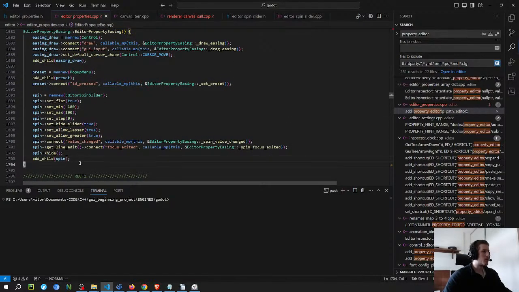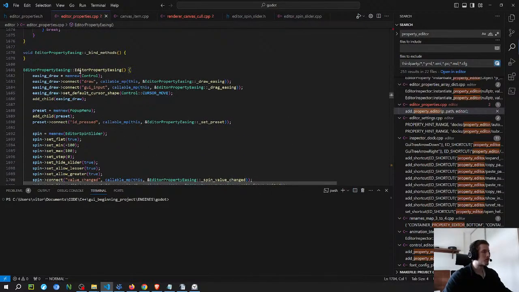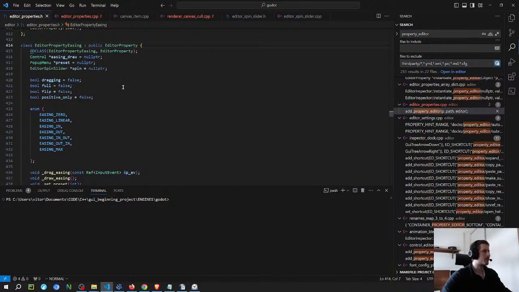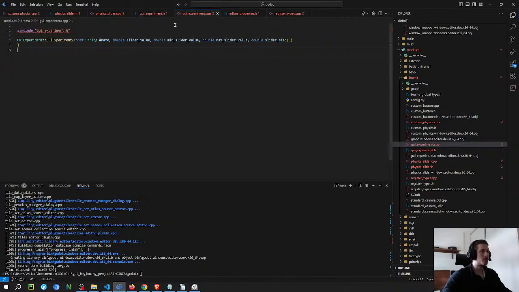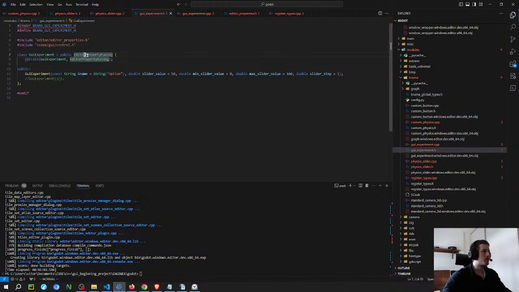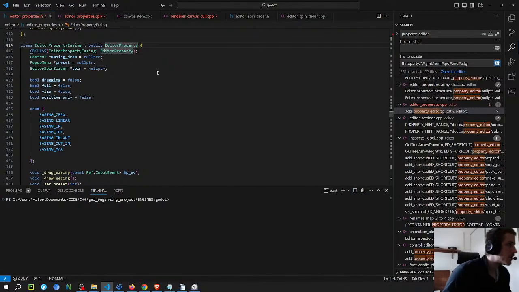So obviously, what I can do there is just let me see which one. So this inherits from editor property. It's probably a control node. So this is the approach that I was gonna do. I was thinking about implementing this first, like inheriting first, just to see how it looks here. Then if I managed to do that, then I was gonna just see if I can change the values, or put functions here, change the values to see how it changes there. But since I'm probably not gonna be able to do this because of this thing of the editor,